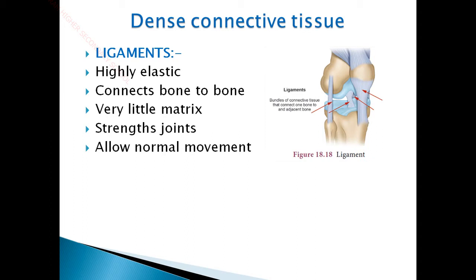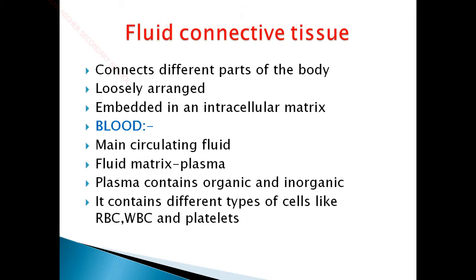In addition to that, ligaments protect our bones from outer shock. So if we fall down suddenly, the shock that happens is prevented with the help of these ligaments. And when a person becomes aged, these ligaments are also bound to get damaged, so that persons above the age of 50 do not sit and stand up as usual. Okay, so this is a type of dense connective tissue.